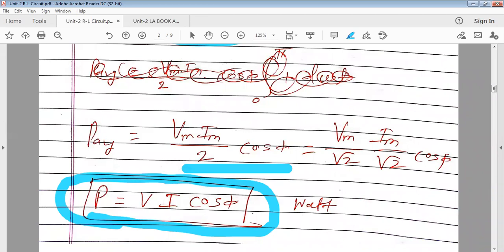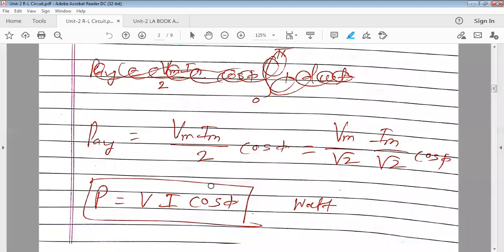Okay. So see, for a purely resistive circuit, what was cos phi? It was 1. So what formula do you get? P is equal to VI. And if you remember, for purely resistive we have derived P is equal to VI is equal to I square R is equal to V square by R. That is in watt. Similarly, for purely inductive and purely capacitive, we have seen phi is 90 degree, so cos phi is 0. So P is 0, isn't it? That is why I am telling you, only keep one formula in your mind: P is equal to VI cos phi, watt.